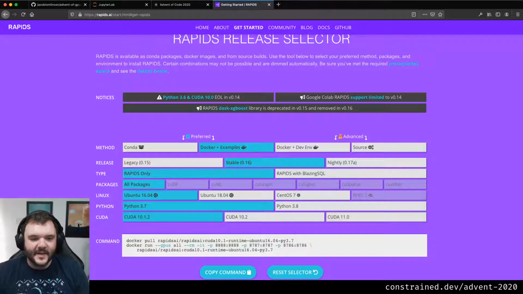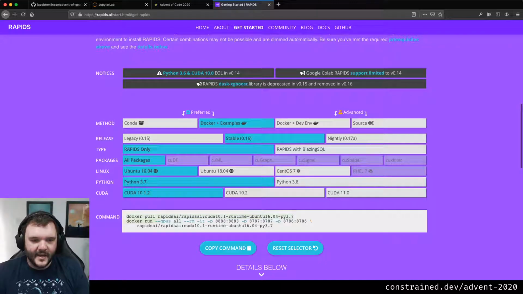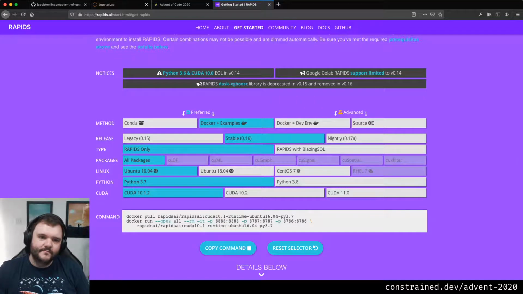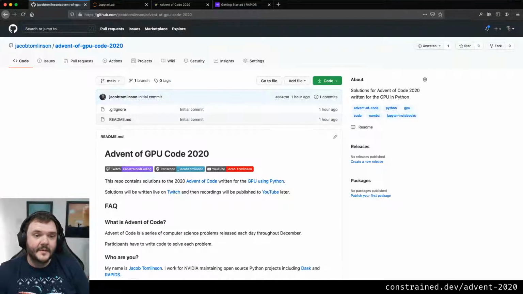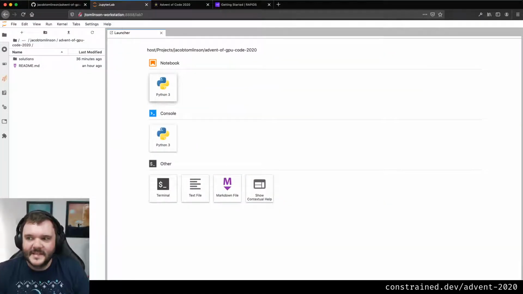But I've basically done this on my workstation. I've pulled down one of these runtime images, and I've run it, and it starts up Jupyter Lab, and it starts up Dask and these kinds of things. Might not actually get to Dask in this. It depends how hard these problems are. But the main thing it gives me is this Jupyter Lab session on my workstation. I've made myself a new folder, which is this repo. I've put this in here, and I'm just going to try working through the Advent of Code problems.